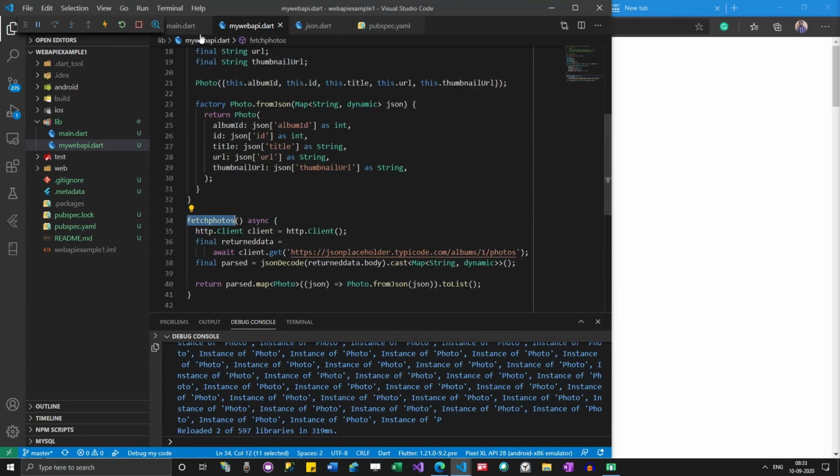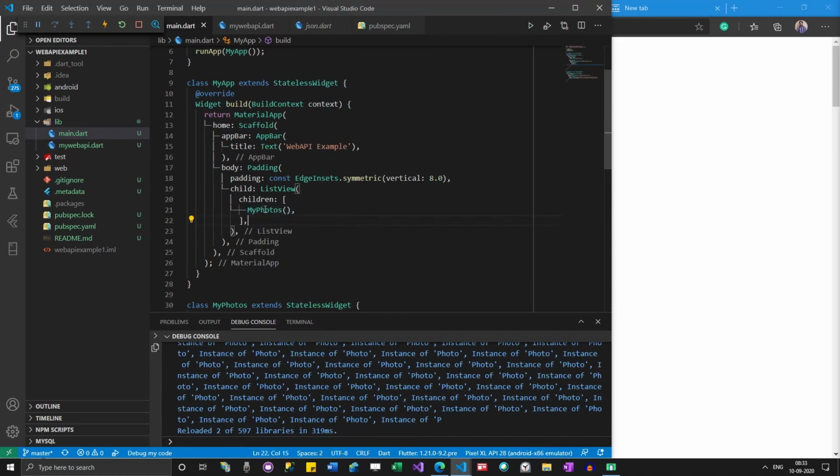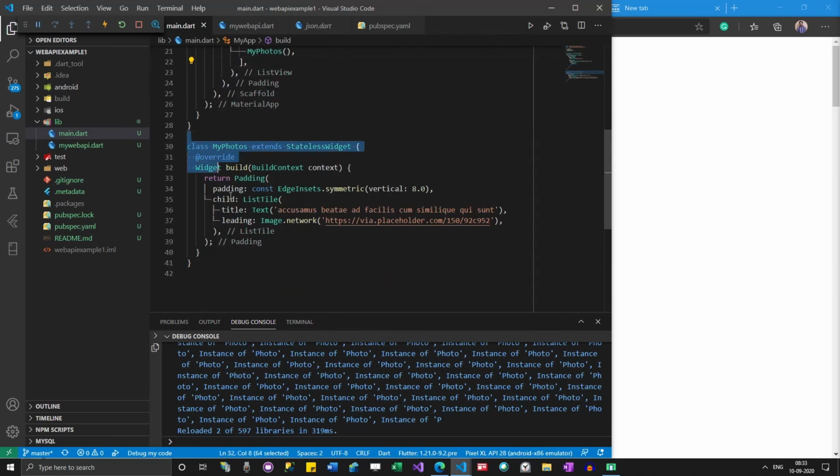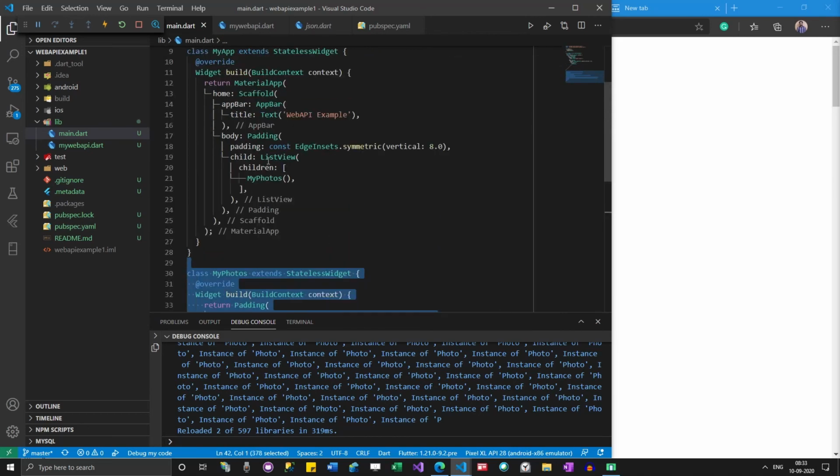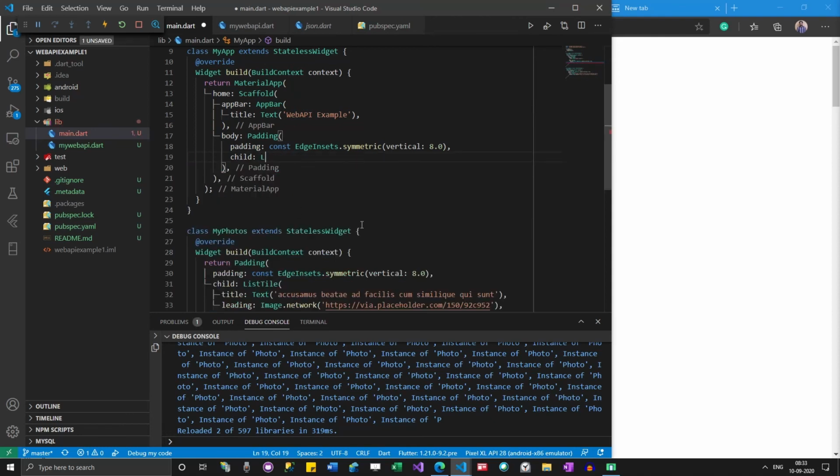So now we have to go to the main.dart file and use that list of photos over here. We are going to use this template to generate that list of photos. But we can't do a ListView like this. We have to use something called FutureBuilder, because it is contacting the internet and trying to get the data for us, which means it will take some time.